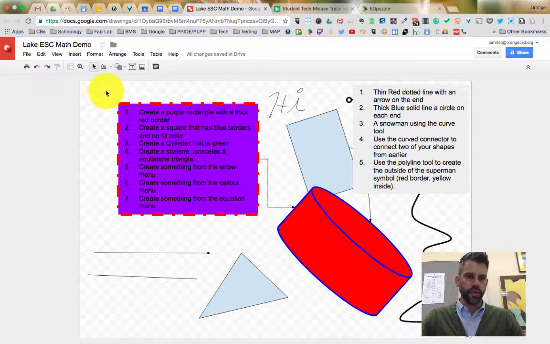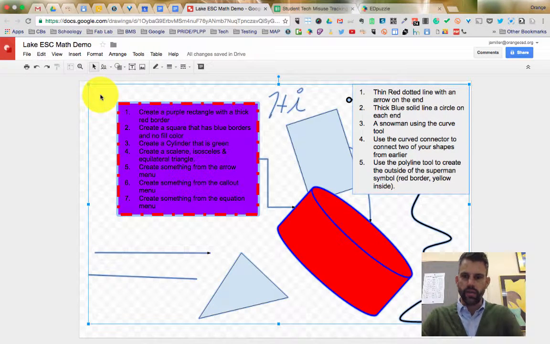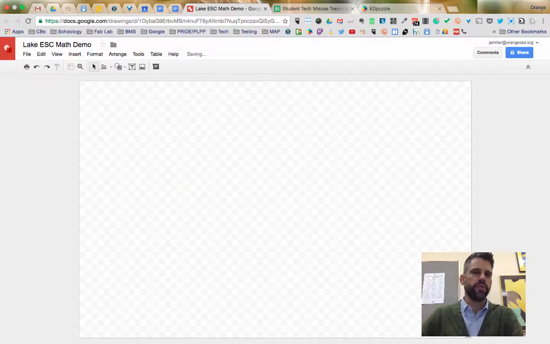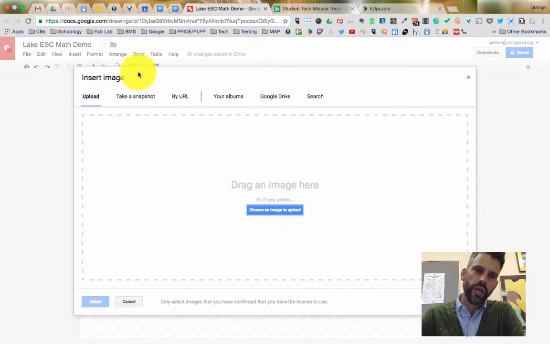I'm going to go ahead and clear everything on my drawing here. I'm going to click Control A to highlight all of it, and then I'm going to click Delete and make it go away so I have a new space here. Notice that you have an image option here. Okay, and I can add images by uploading, if I have it saved on my computer,